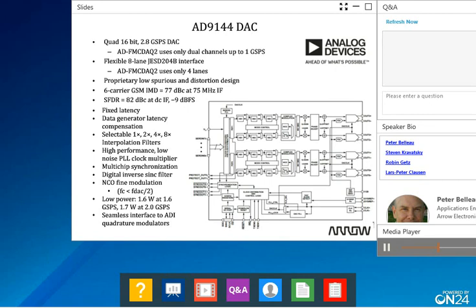It is a fixed latency, meaning it supports subclass 1, like Lars had talked about. It does have interpolation filters and a lot of other features. And this is about a watt and a half at 1.6 gigasamples per second. So it's a very, very high speed, low power for the speed kind of converter.